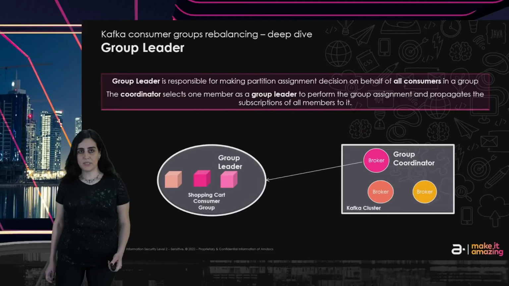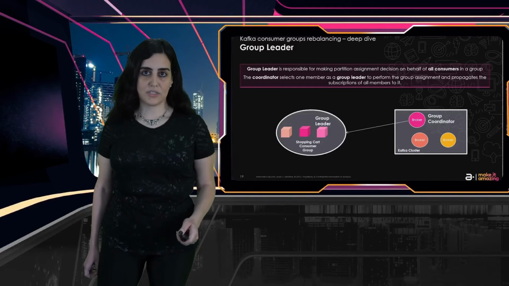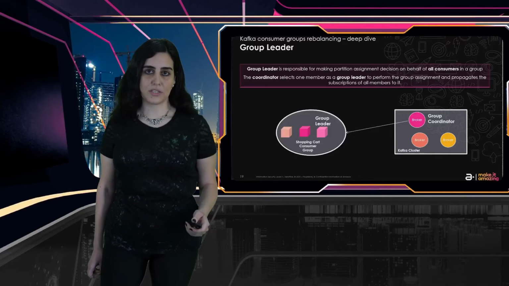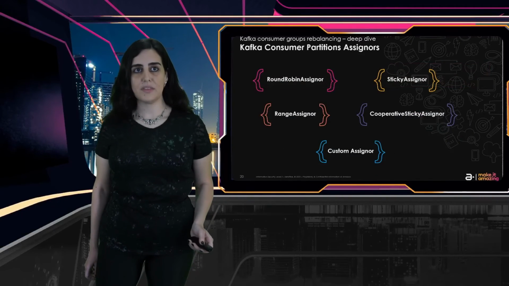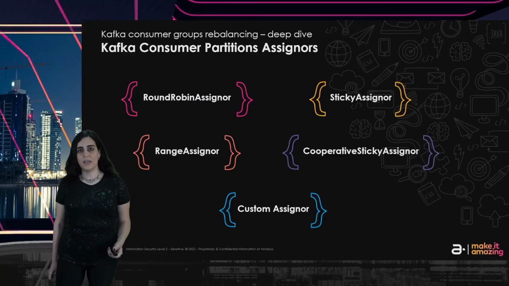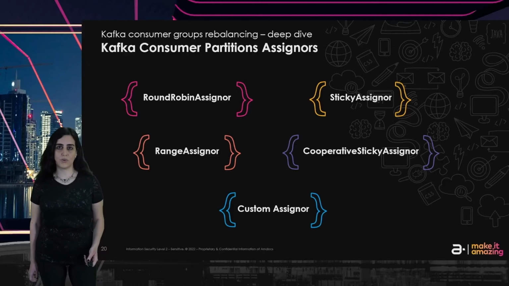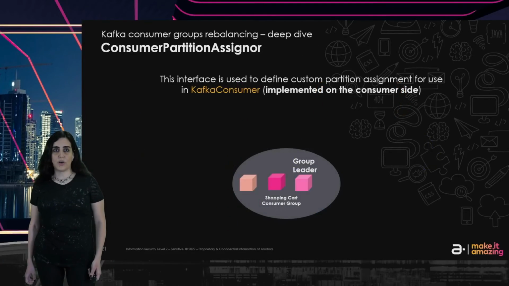And then on the consumer side, we have the group leader. The coordinator selects one of the members from our group to act as the group leader, and the group leader does the actual assignment decision logic, like how to split the partitions between all the members. Kafka also provides some embedded out-of-the-box consumer assigner protocols. We have the range assigner, the round-robin assigner, and the sticky assigners for the eager and also for the cooperative. But also, since it runs on the consumer side, we can provide a custom assigner. So how do we do it?